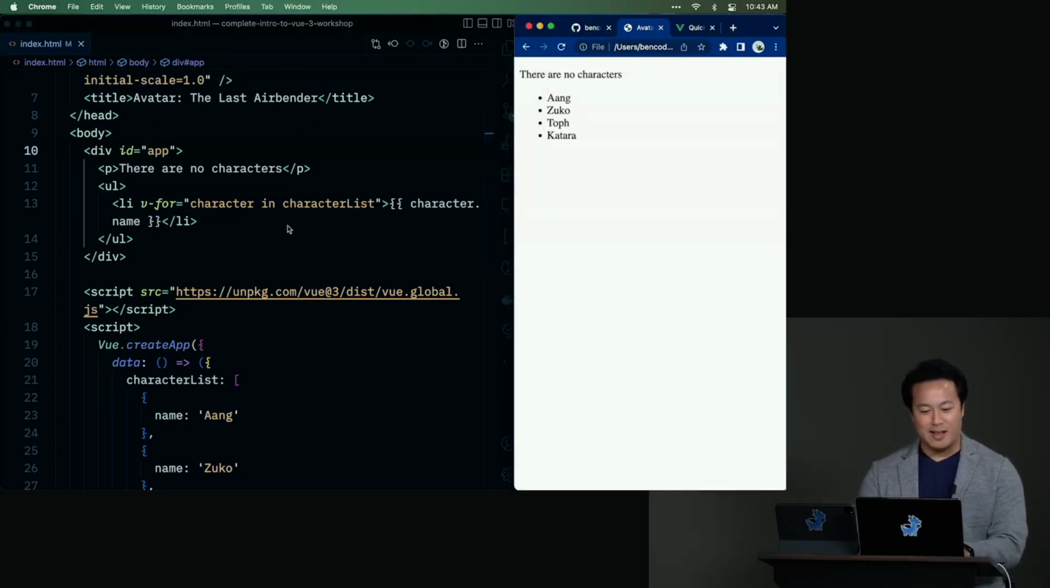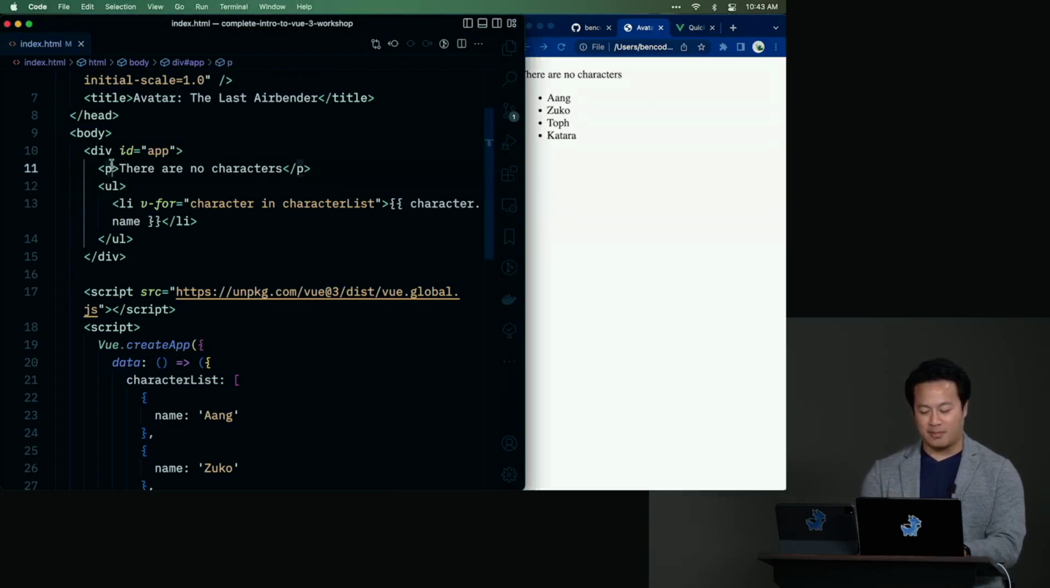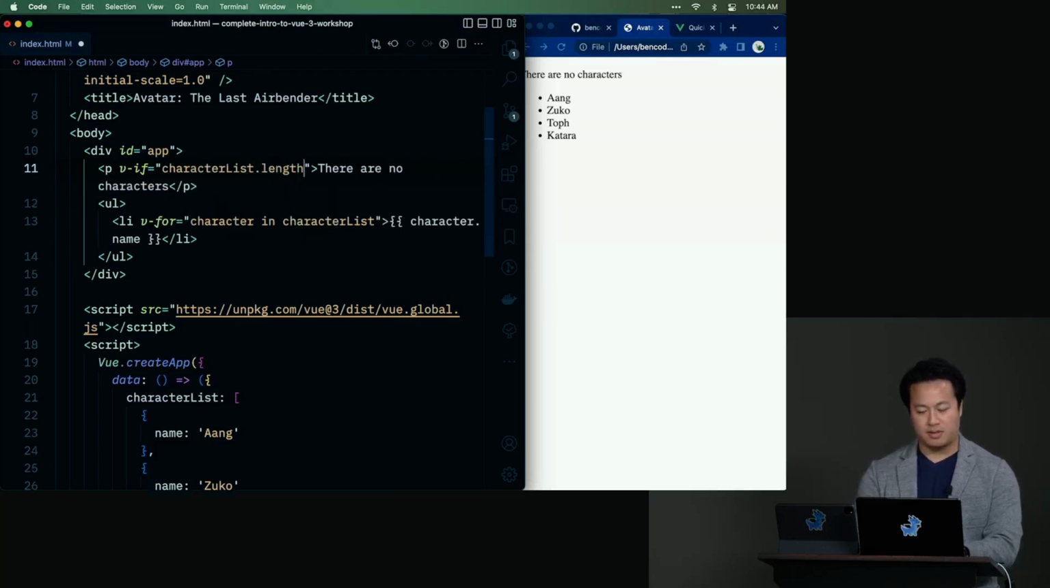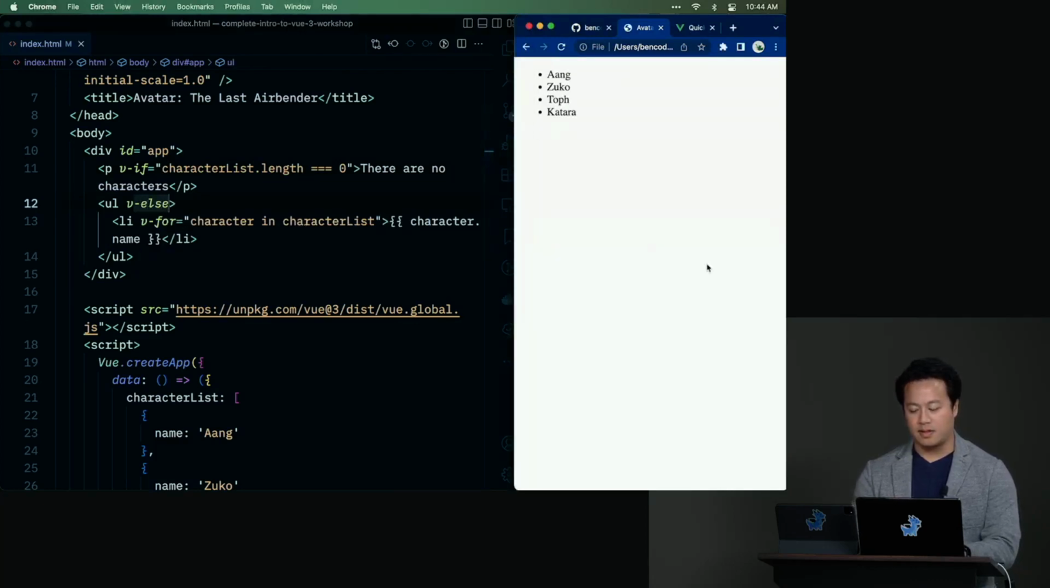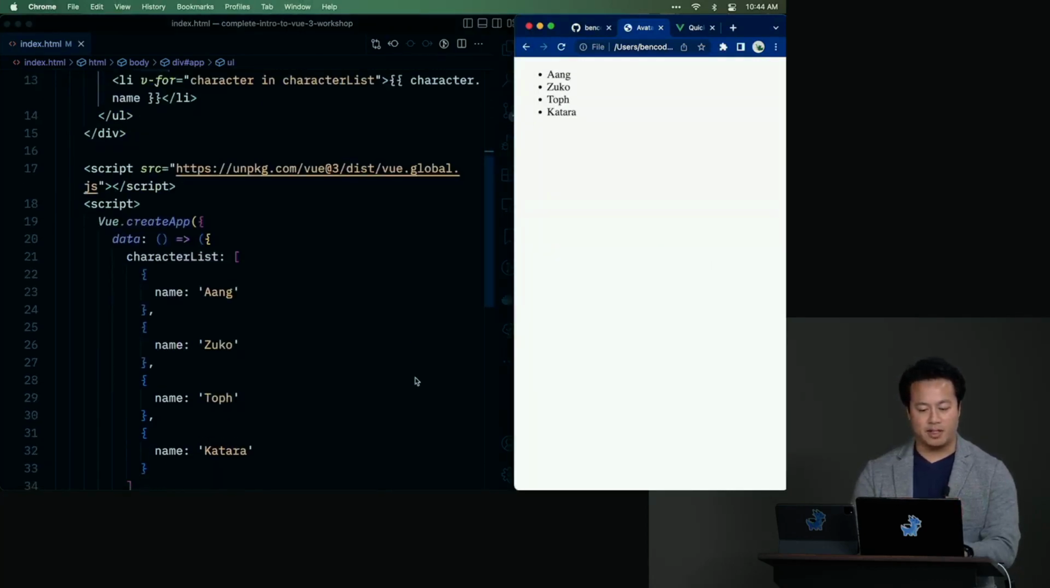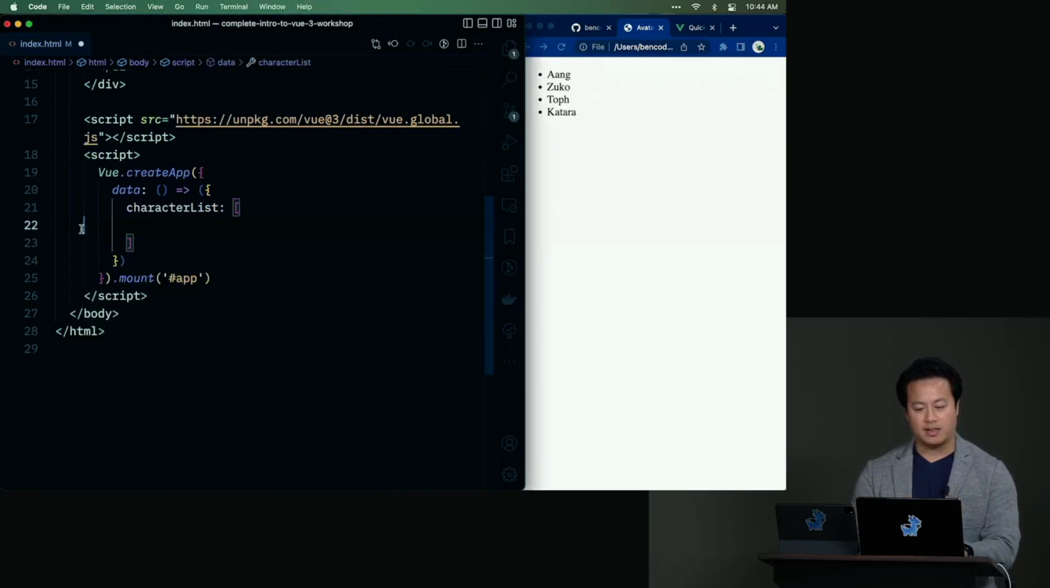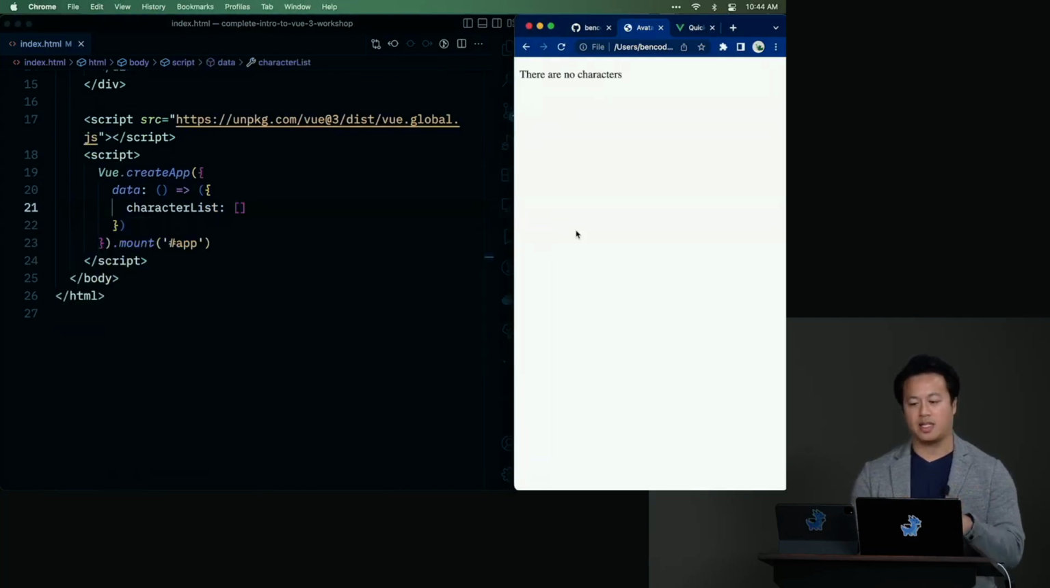Everything's working. So now all we've got to do is complete the exercise by saying if character list dot length is equal to 0, then show that. Otherwise, show this. OK, as you can see, boom, there we go. It's working. If we go ahead and update that real quick, you'll see there are no